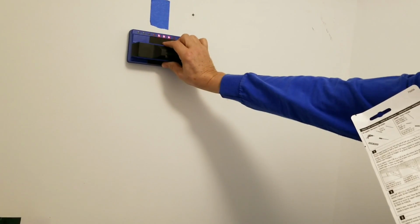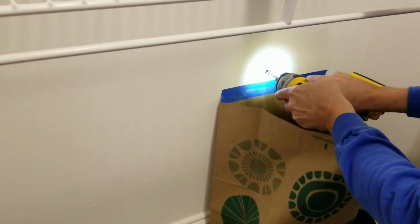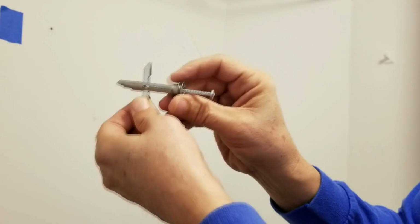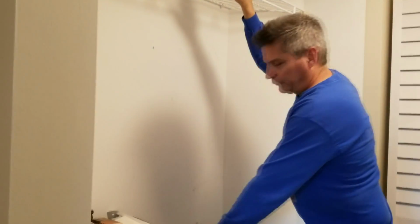You want this alright? Want this alright? Too good to be true. You want this alright? Want this alright? Too good to be true. Gonna make you feel good. Gonna make you feel good. Gonna make you. Okay, now I can tell you that every single closet project I've ever walked into in my